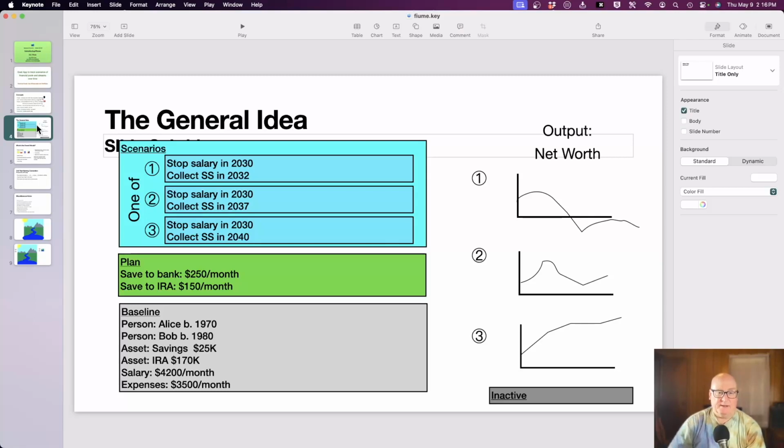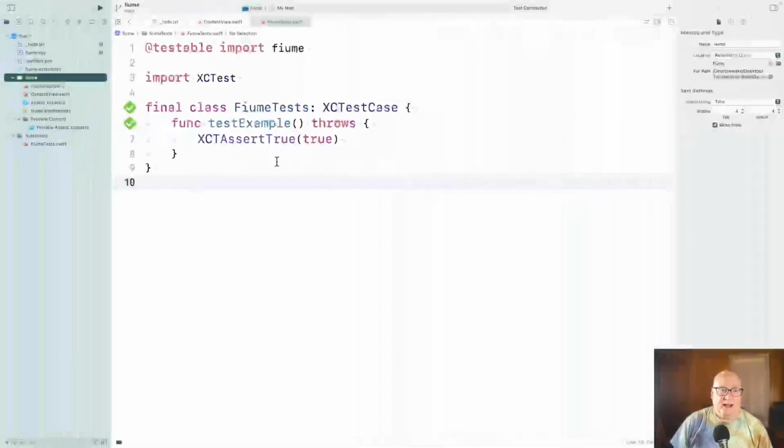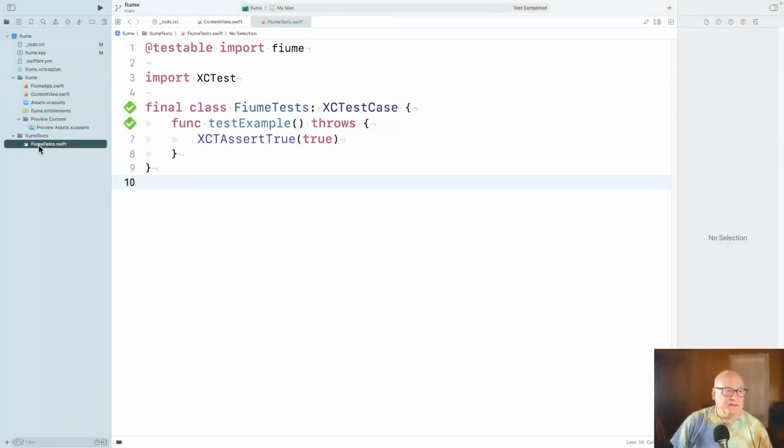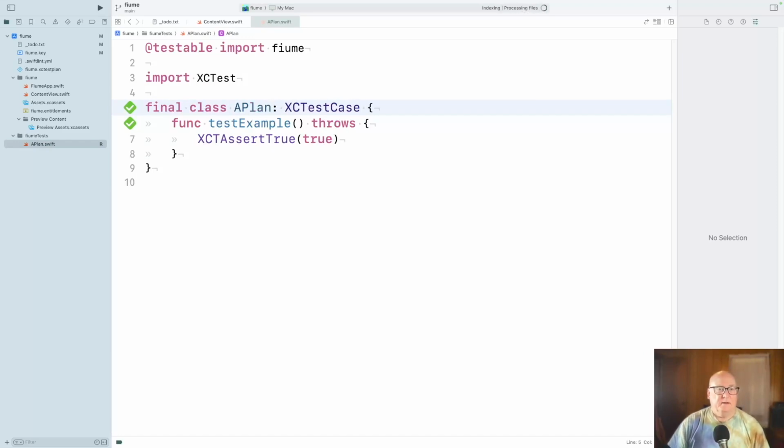Maybe it is a plan. I guess let's start with plan. So let's name this a plan.